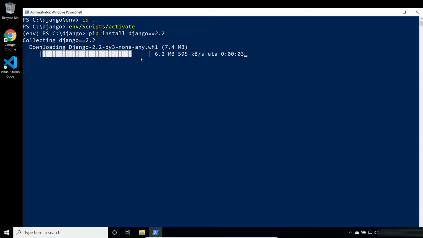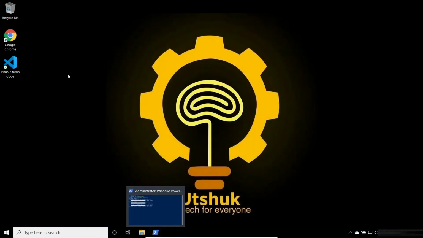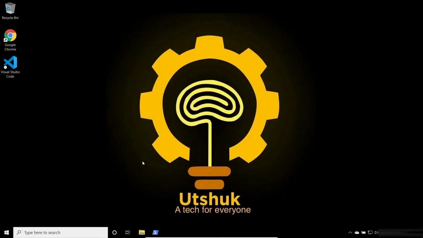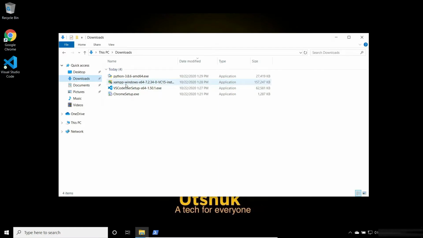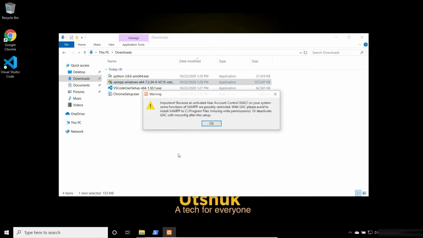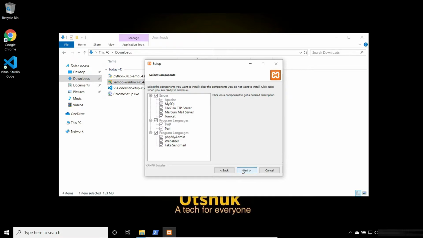So it's being installed. While it's being installed, let's set up XAMPP as well. I have already downloaded XAMPP here in my downloads, and you can set up XAMPP. Click yes. So click OK. And it's very simple to set up XAMPP. You only need to keep the default settings: click next and again next.